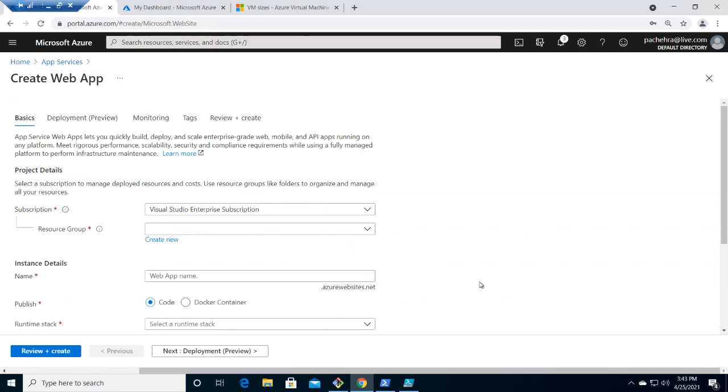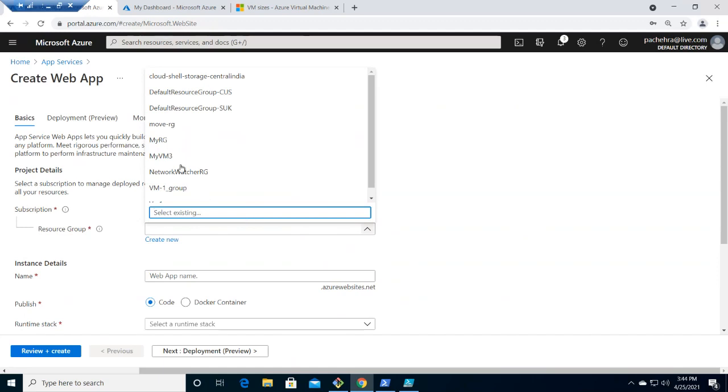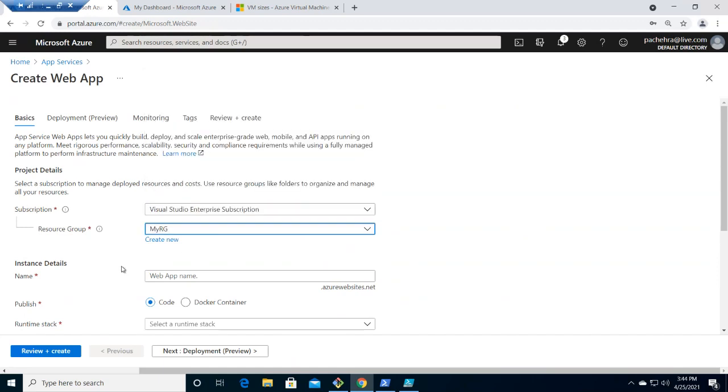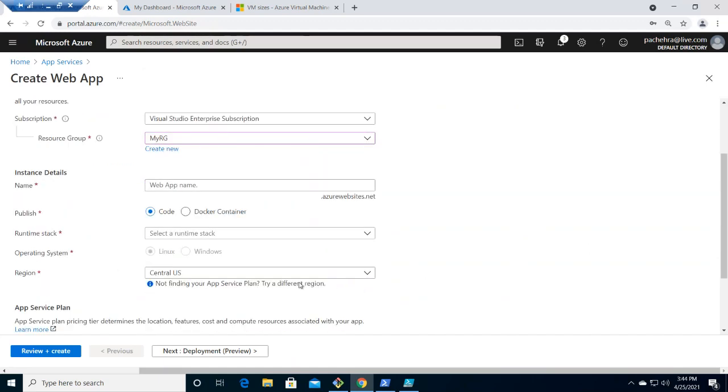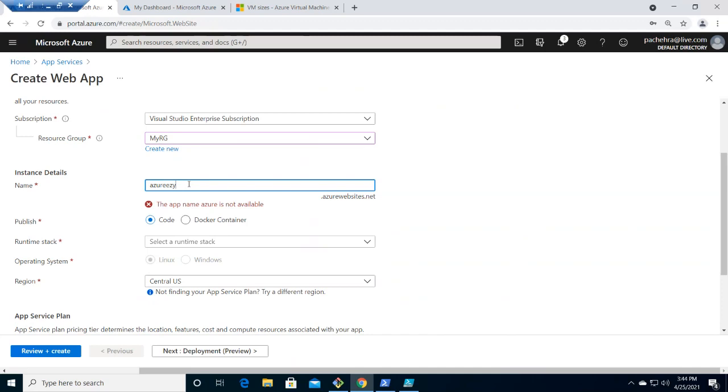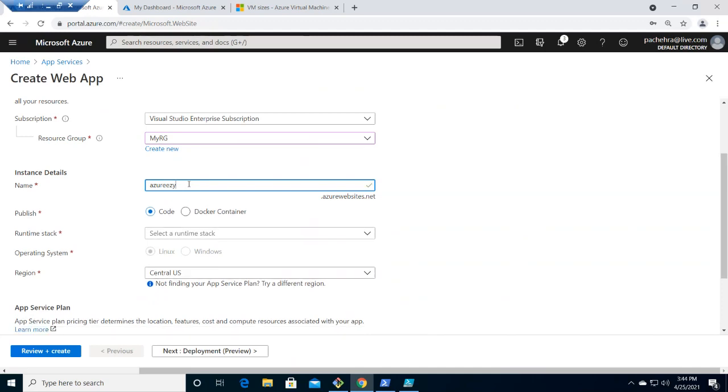As I've already informed, we need a resource group before we get anything in our Azure environment. So I'm going to choose the existing resource group. Let me choose my RG. Now I'm going to give the name for the app service. Let me give it Azure AZ-1010. Oh, nobody has taken it, so I can utilize it. It should be unique because you see here .azurewebsites.net. This is the public DNS.